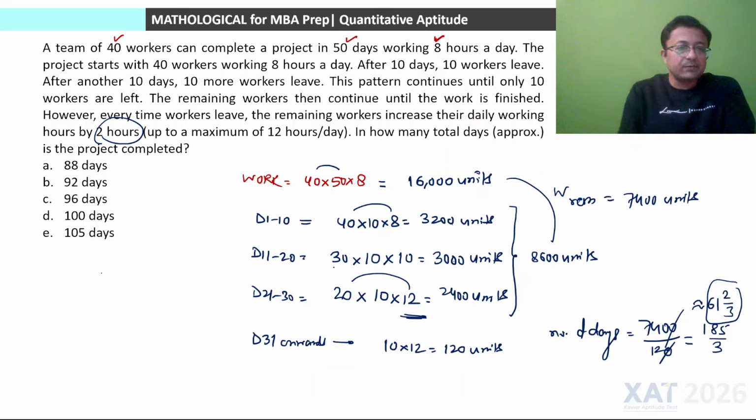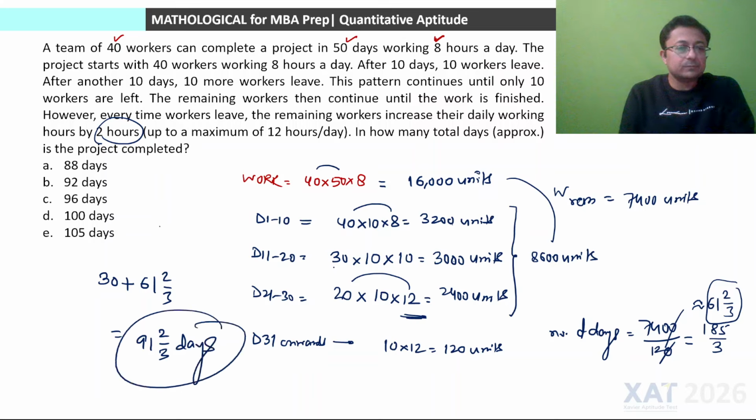So total days taken will be 30 days already हो गया, 30 plus 61 and 2 by 3, and hence 91 and 2 by 3 days will be taken in completing this work. Option B will be the answer. Okay, clear है? नेक्स्ट क्वेश्चन देखते हैं।